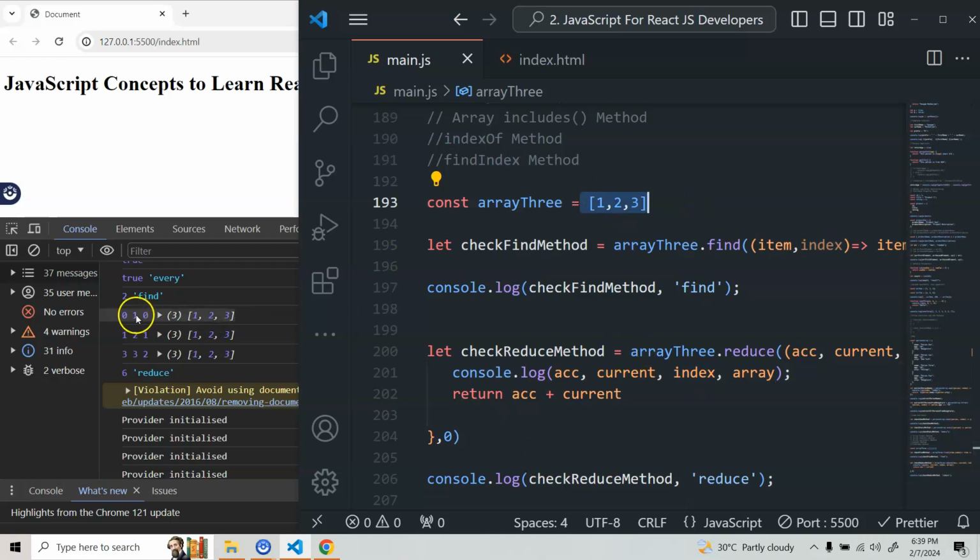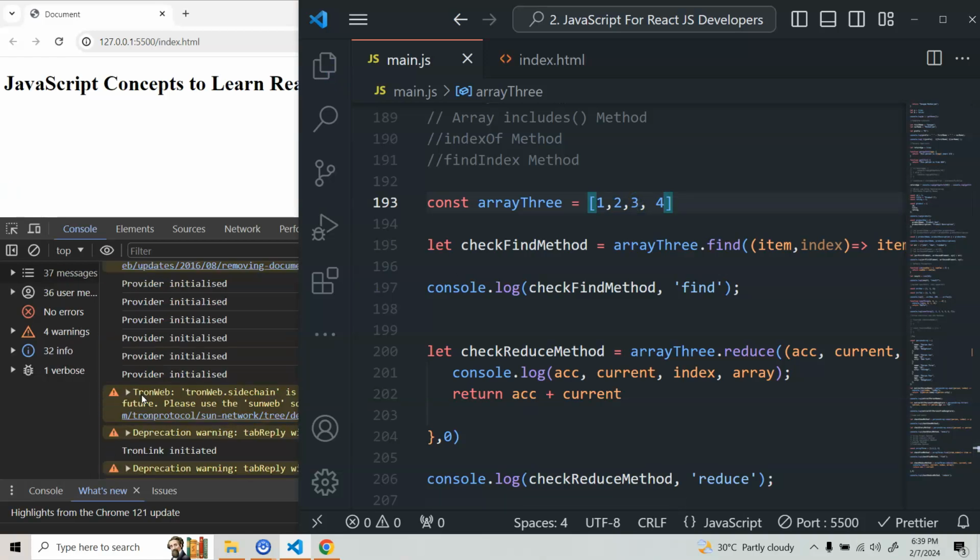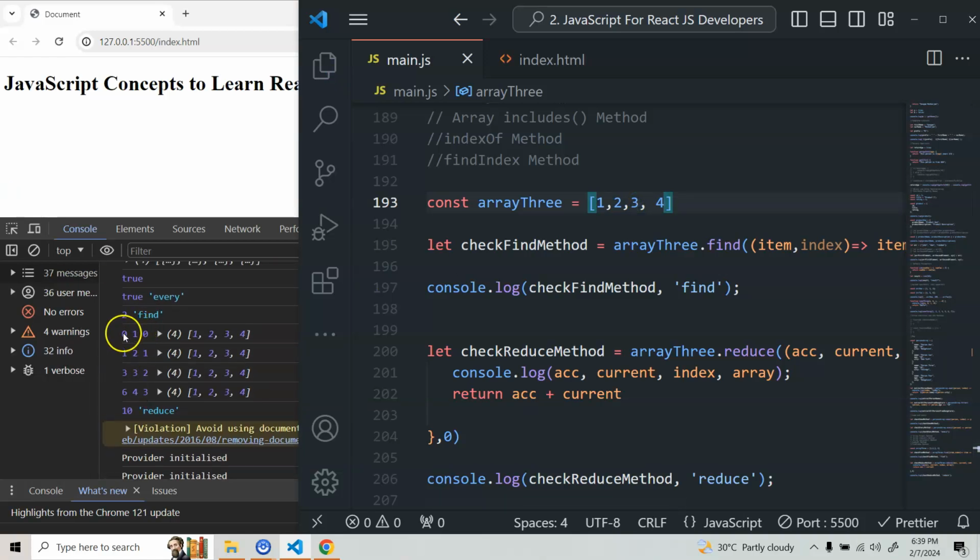Next time you added 0 and 1, so your accumulator is 1. Now current is 2. Next time you add both 1 and 2, so it becomes 3, so your accumulator is 3, and current is now 3. So 3 plus 3 it will be 6. Alright, if I add one more here, 4, so what is happening? First time 0 and 1 added like this, so here 1, next is 2, it will add 1 and 2, so 3 plus 3, next we have 6, and then we are having 4, so 6 plus 4 we are having